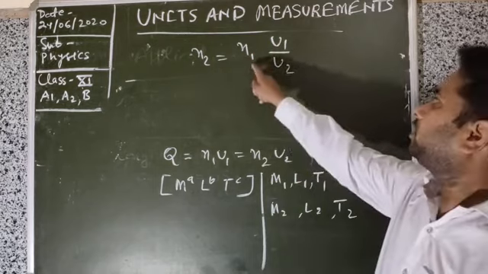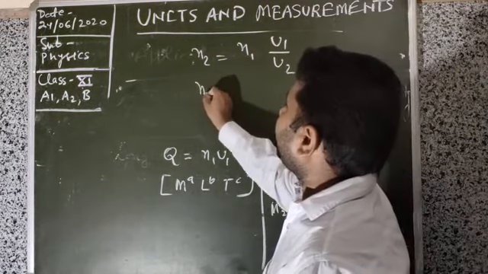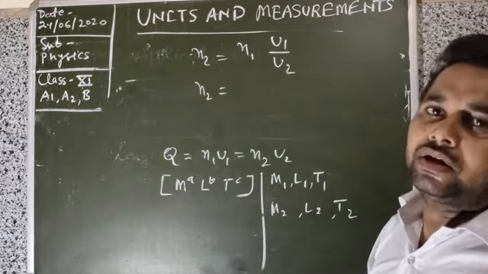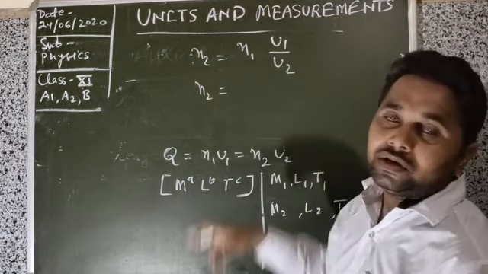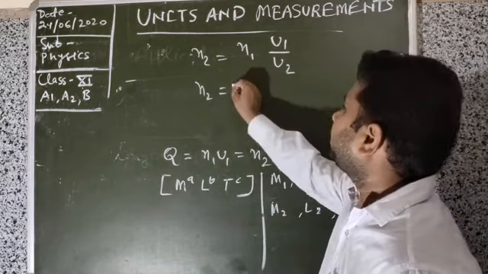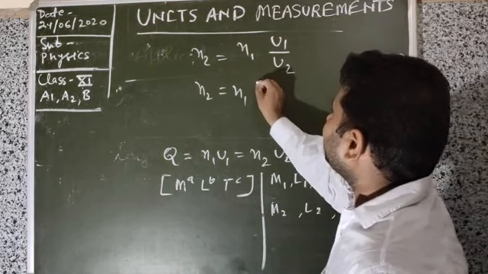N2 equals N1 into U1 upon U2. So what is N2? N2 is the numerical value of the given physical quantity in the second system of unit. N1 is the numerical value of the given physical quantity in the first system of unit. Now U1 can be written as